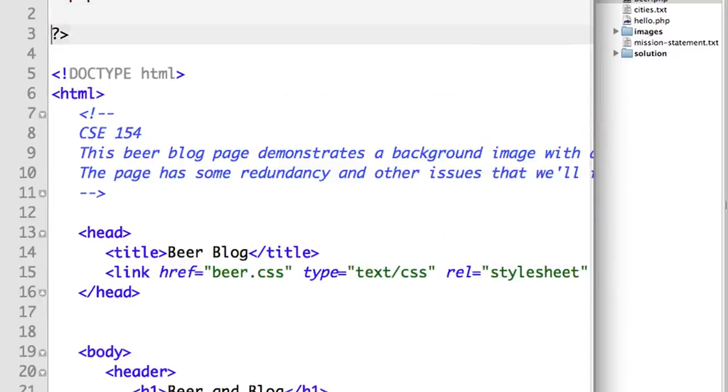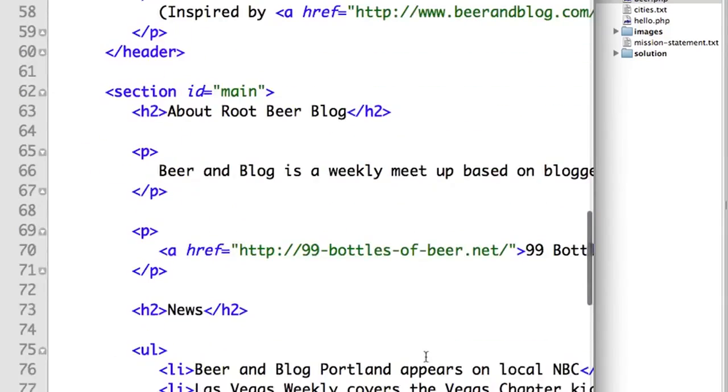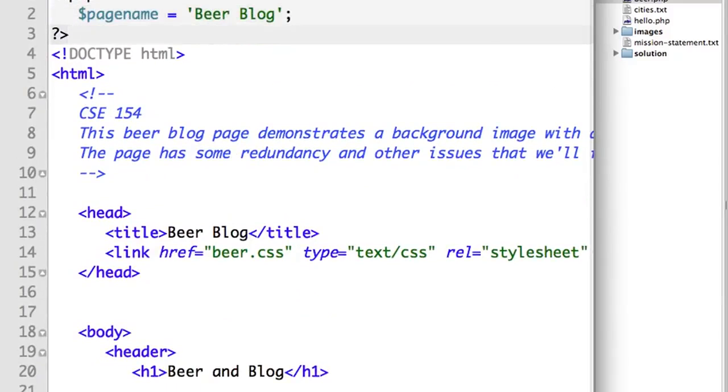To start off with, I like to do all of my PHP stuff at the beginning of the file, like declaring variables, and as we'll do today, loading files and things like that. So I'm going to do a couple of things. I'm going to declare a variable like beer blog, page name equals beer blog. This is the name of the document, and maybe I can output this in a couple of different places. So in order to output this, I'm going to use